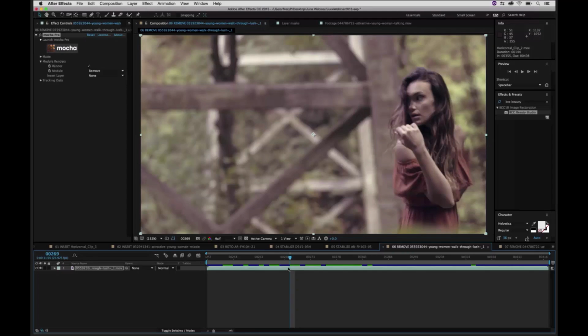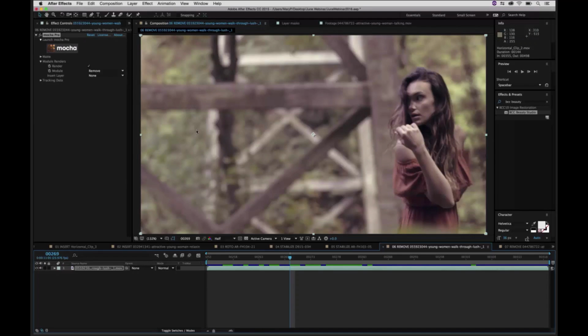Because if all of these trees were moving, for example, I would have to roto out all of this. What is this? An electrical tower? Anyway, I would have to roto out this tower, and then try to track both the tower and the background, and hope that I would get good results. But honestly, that is not the best solution for a shot that's got fractal noise going on in the background,